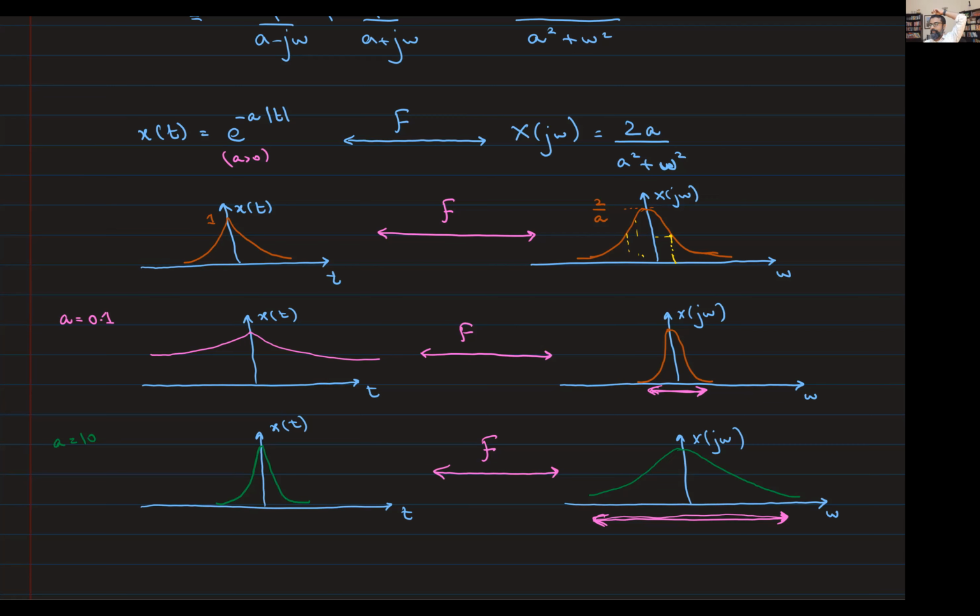There is a one-on-one relationship between the time domain and the frequency domain. If the high frequency content is smaller and the low frequency content is higher, what that means is that the exponentials that make up the time domain signal have higher amplitudes at low frequencies and lower amplitudes at high frequencies. That's the interpretation.